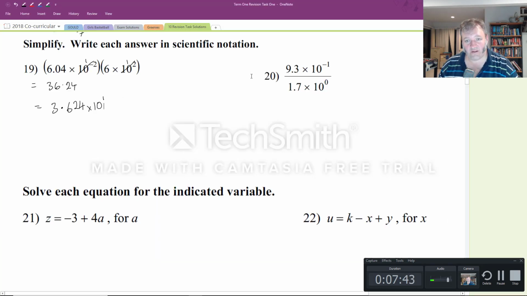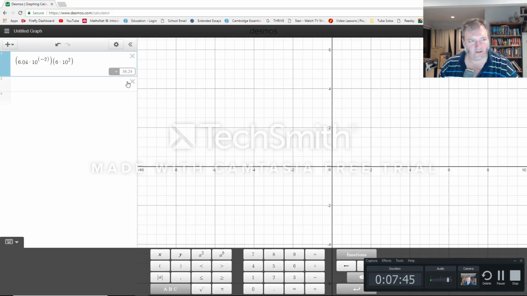9.3 by 10 to the 1 divided by 1.7 by 10 to the 0. So here we go, bracket 9.3 times 10 to the power of 1. Obviously I don't need that, but let's just put it anyway. On your calculator, remember the EXP button would do the times 10 to the power of, and then you just need to type in the 1. We're dividing by 1.7